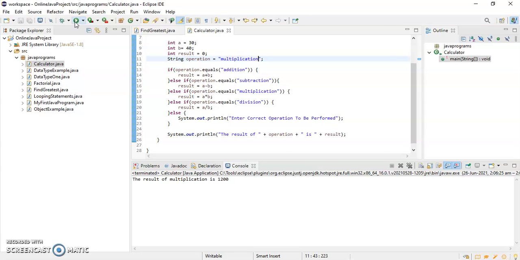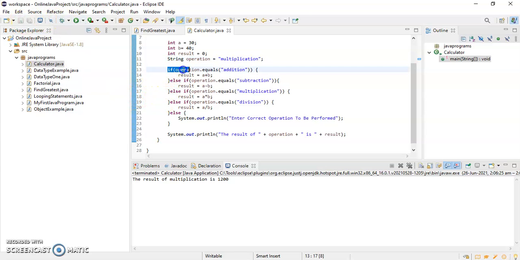Now the same program I want to write using switch case so that I can avoid if else if. If the condition gets satisfied, it will directly jump to that particular case and do its operation. Now, with if else if it has to go through each and every statement.